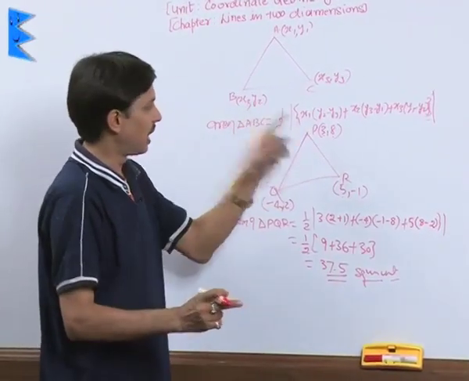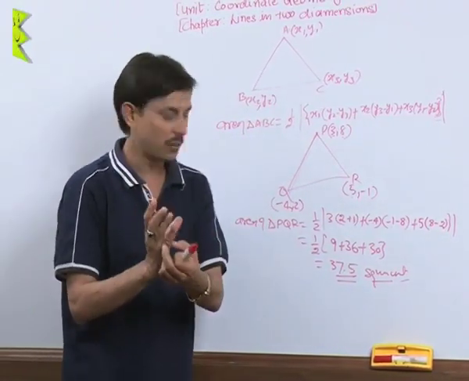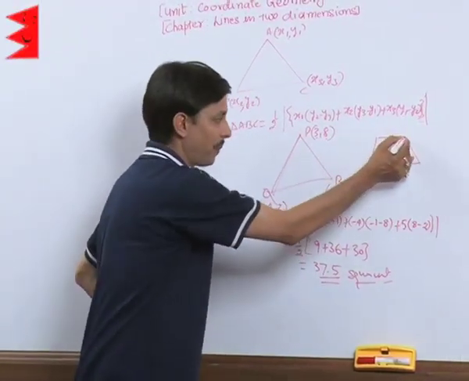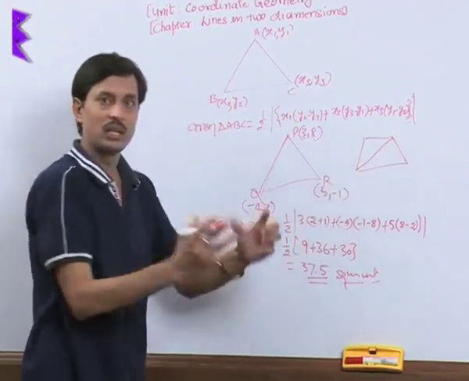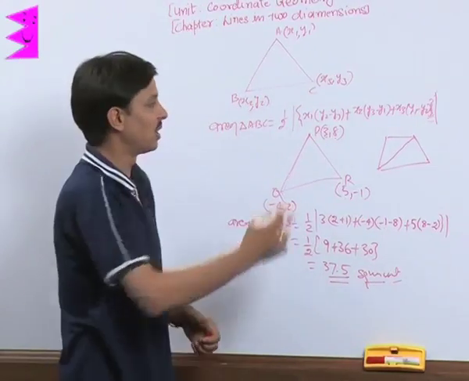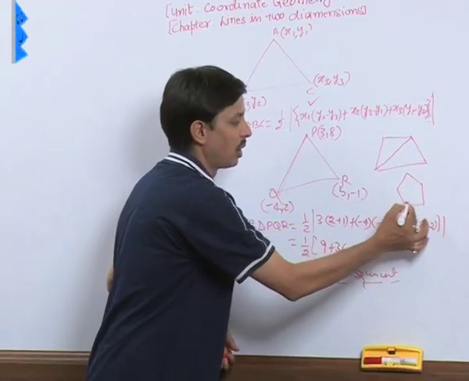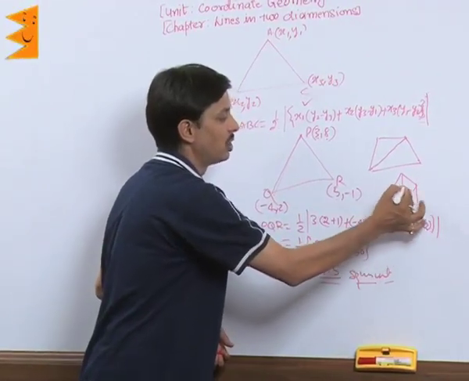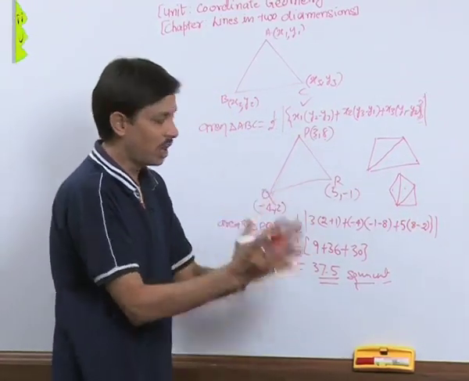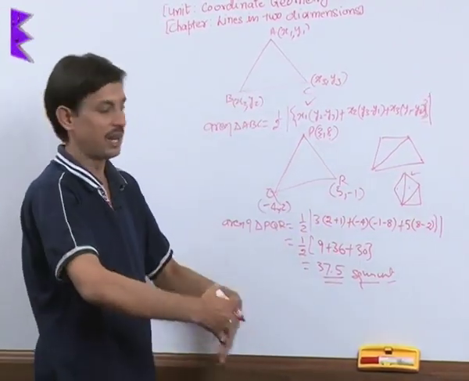So this is the last result for coordinate geometry, which is applicable for calculating the area of a triangle. Suppose there is a quadrilateral and you want to find the area. You will separate this quadrilateral into two triangles, find the area of the two triangles, and add them, and you will get the area of the quadrilateral by using this formula. Similarly, you can find the area of even a pentagon, because a pentagon can be separated into three triangles, and when the areas of these three triangles are added, we get the area of any pentagon, hexagon, decagon.